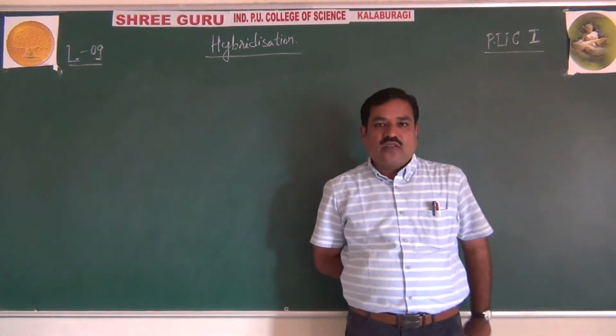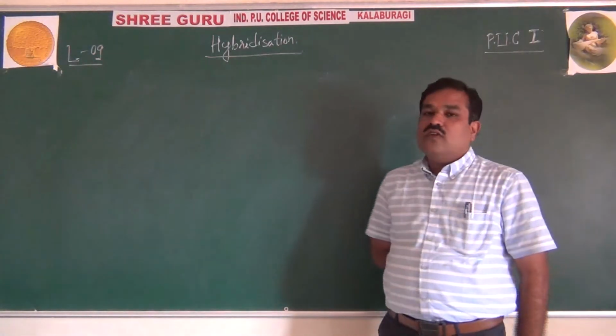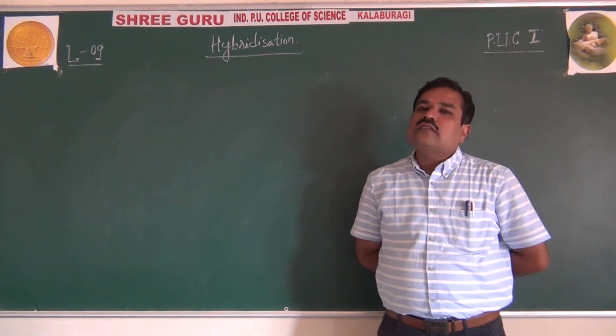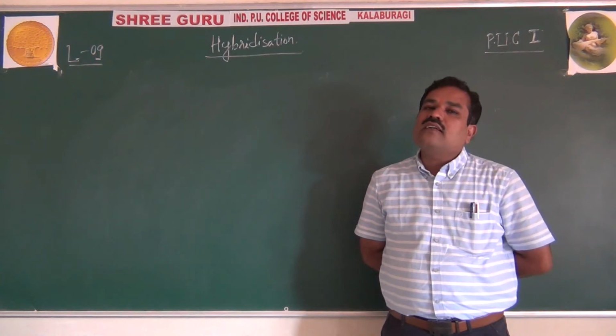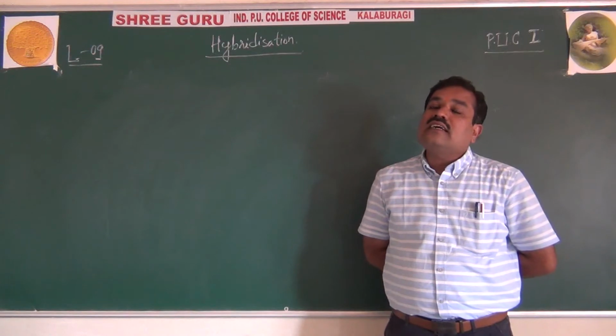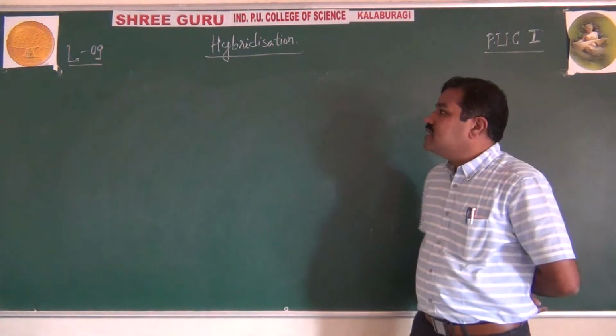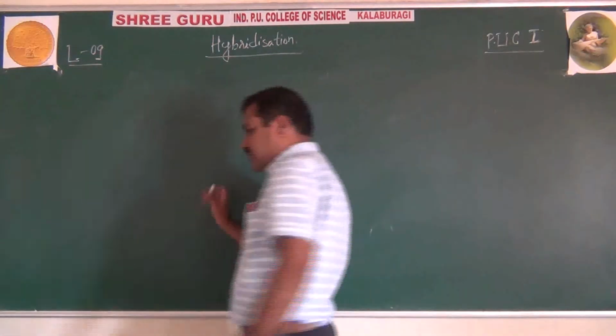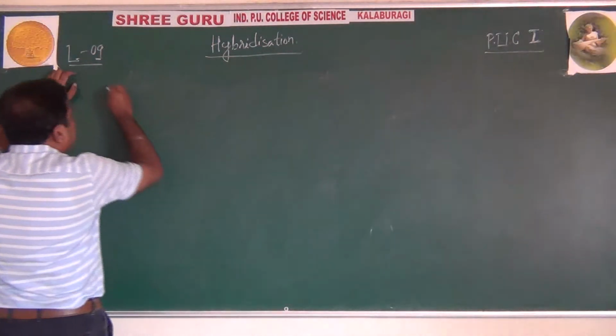Right. Let us see. What is this hybridization? As I told you, what is the definition? Intermixing up of atomic orbitals of nearly same or slightly different energy to form hybrid orbitals of equal and identical energy is called hybridization. So you won't come to know very easily. That's why I will show you the example. Let us see. For example, first one,